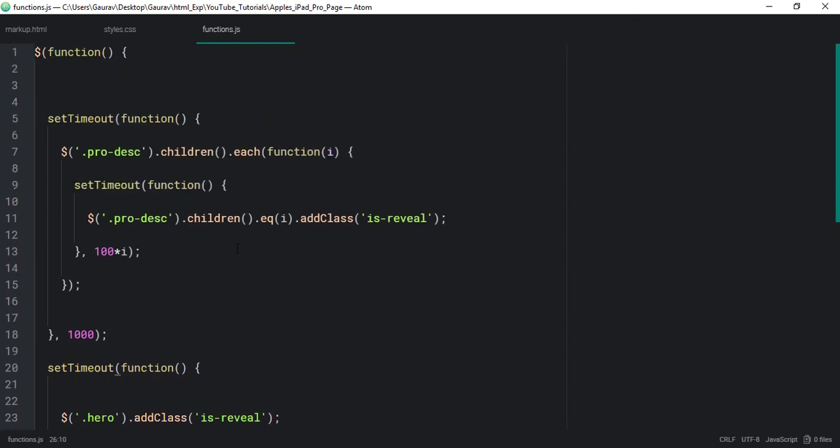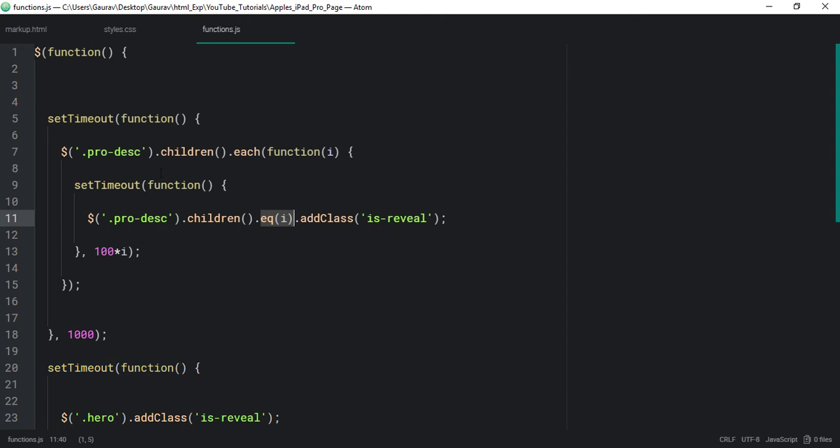Okay, so now I will explain what I am doing here. When the page loads, we are going to set a timeout function here, and in that we are selecting all those three elements, and we are using the each method here, and in that each method again we are using the setTimeout function, and in that setTimeout function we are selecting those three elements again, but now we are shortening that selection into one.